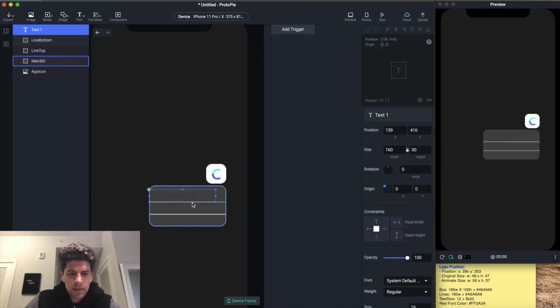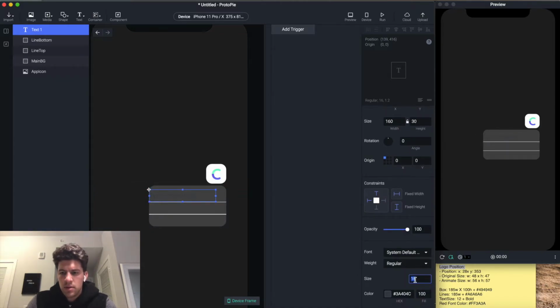And that guy is gonna be size 12. He's gonna be bold, and he's gonna be all white. Okay. Take him. Lower his height. Move him around,